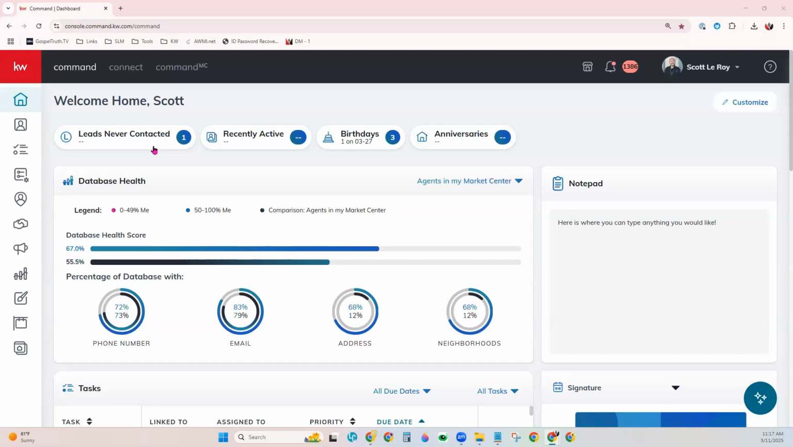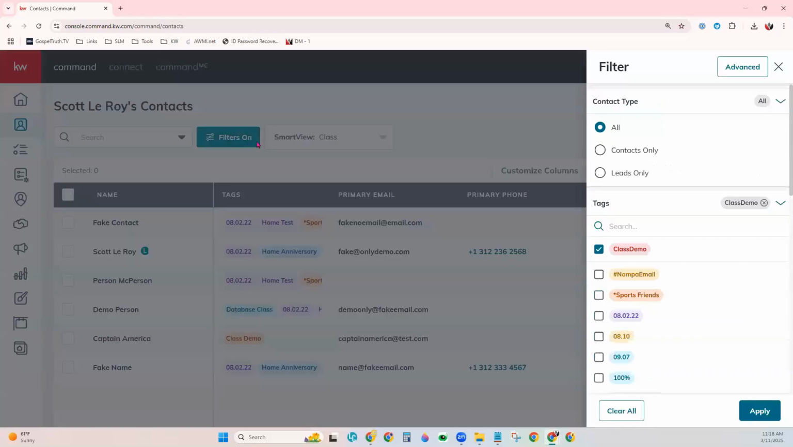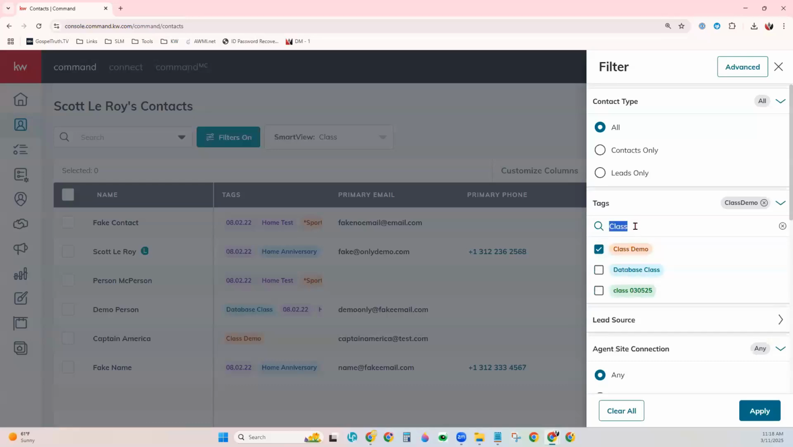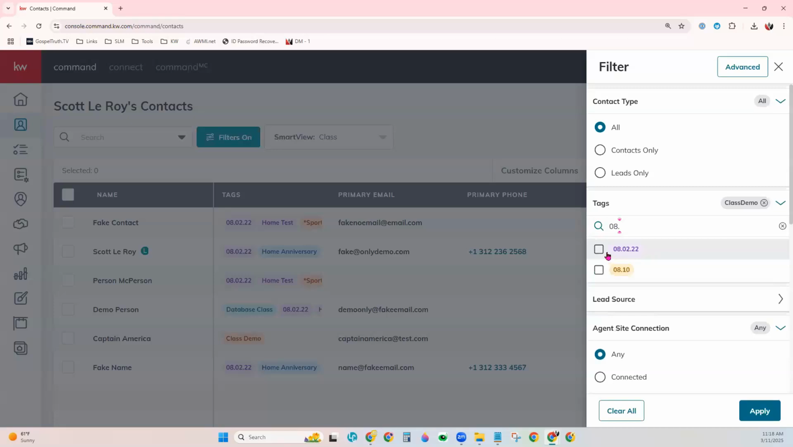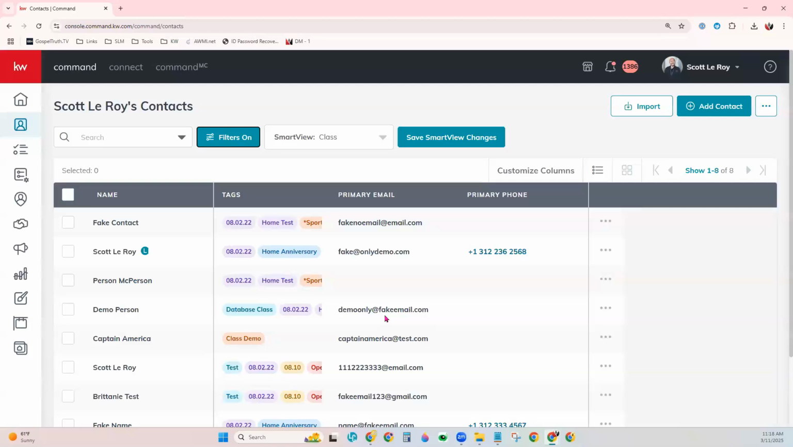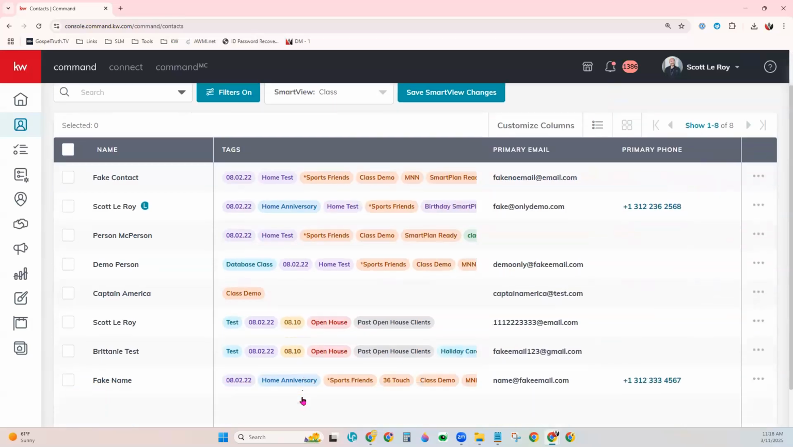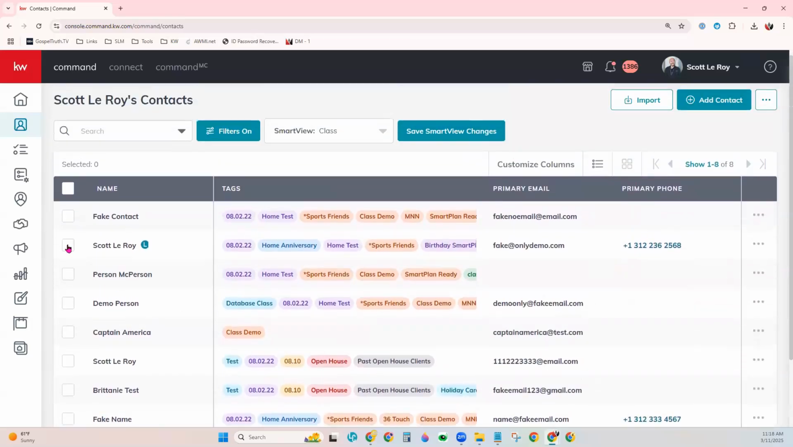First, let's look at removing the tag from contacts. You can go to your contacts tab here. You can use your filters to find the contacts that have that particular tag. We'll go with this tag. Hit apply so that you can see the contacts that currently have that tag, as you can see here. And when you'd like to remove that tag, you can either select the contacts that you want to remove it from,